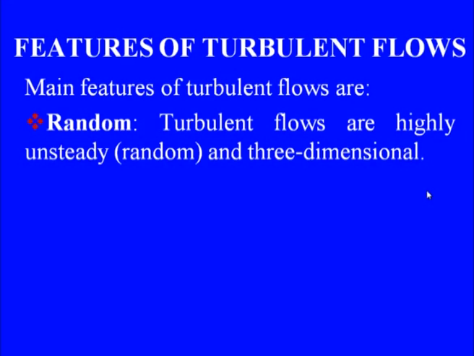The first word which comes to our mind is random. Turbulent flows are highly unsteady. In fact, they cannot be predicted in their entirety, and that is why we use the term random. The simplest example: go and sit down near a river stream, fix your attention at a particular point, and just watch the flow pattern. The flow pattern will change in unimaginable ways,